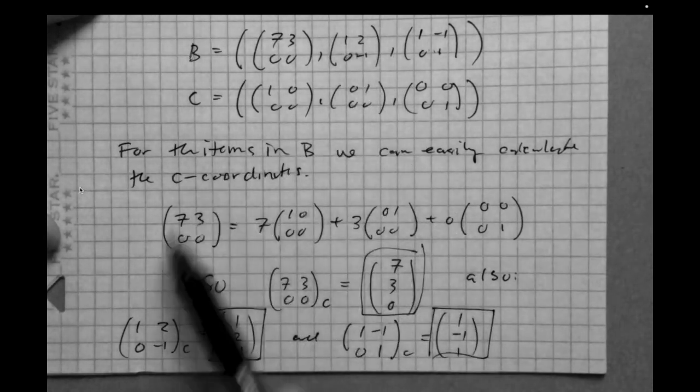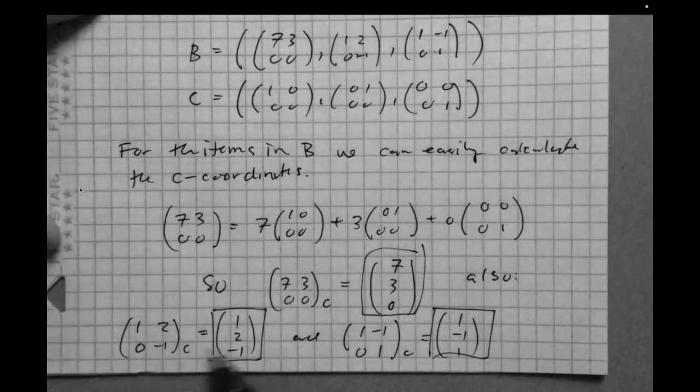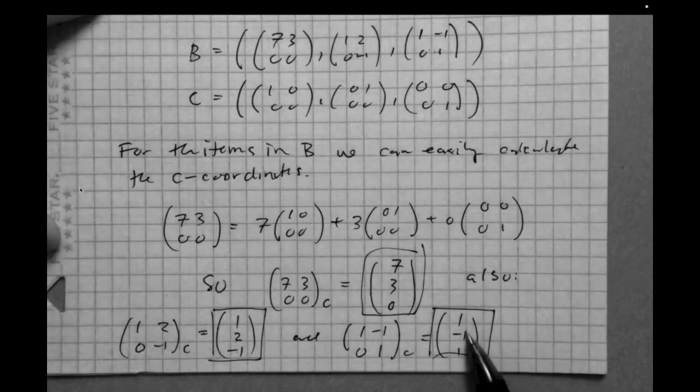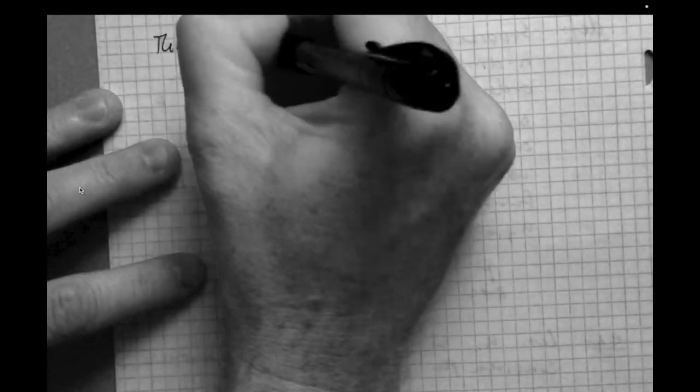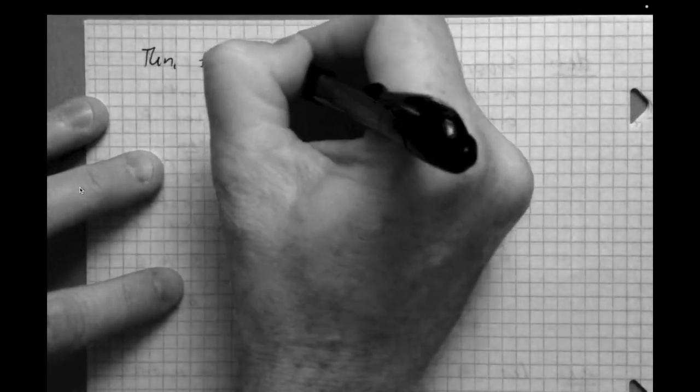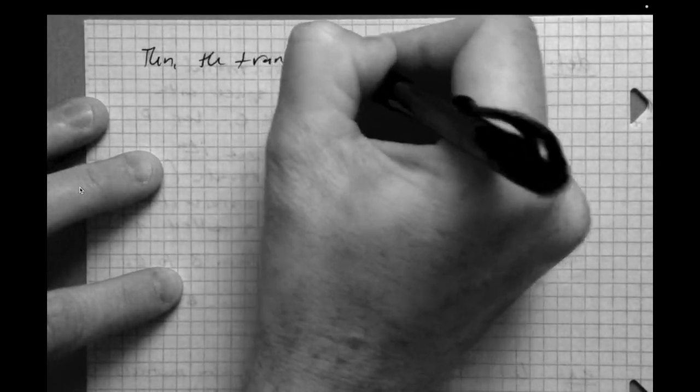1, 2, 0, negative 1, 1, 2, 0, negative 1, coordinatized in C. So this would be the second column of the transition matrix, and this would be the third. Okay, so then the transition matrix,